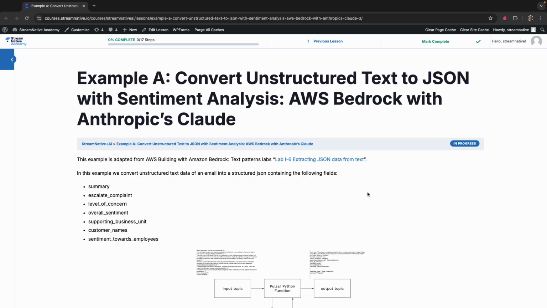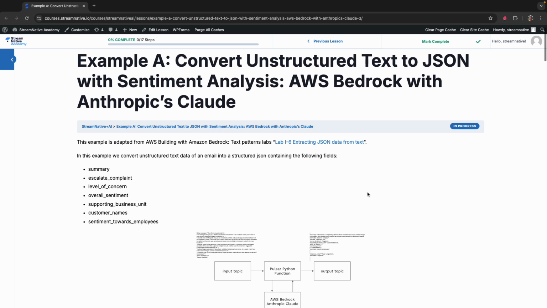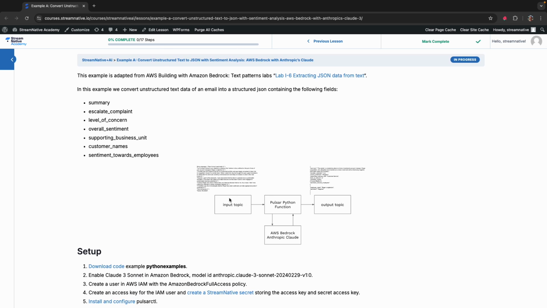This video is designed to give you an overview of what you'll be doing in the convert unstructured text to JSON with sentiment analysis example. We'll be using AWS Bedrock and Anthropic's Claude. We'll be writing data to an input topic, reading that with a Pulsar Python function, making a call to AWS Bedrock Anthropic's Claude, and writing a structured JSON to the output topic that's going to include the following fields,